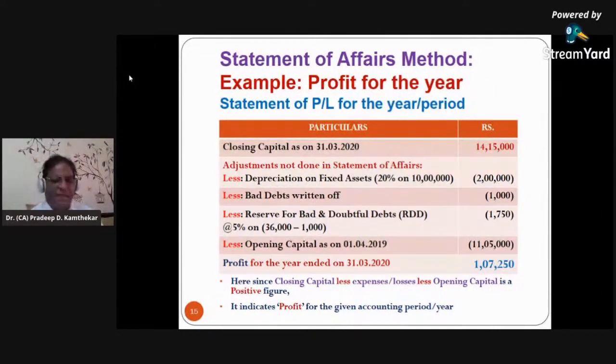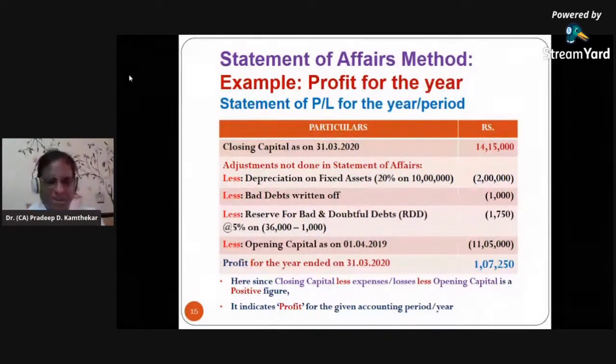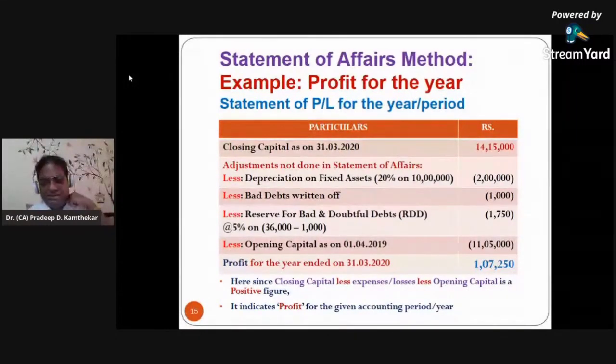So that we minus. Then there are certain customers who are actually doubtful to be recovered, meaning they are not bad debts, but their financial condition is not so sound, and it might so happen that they are actually very sick, they might be on deathbed. So we have 50% chances whether we can recover the amount from these customers or not. And normally for such customers and these amounts, we provide for RDD. So that is, say, 5%, and that is 1750. Now, one point here, students, you have to understand, it is always the debtors' closing balance minus the bad debts, that is 1000.